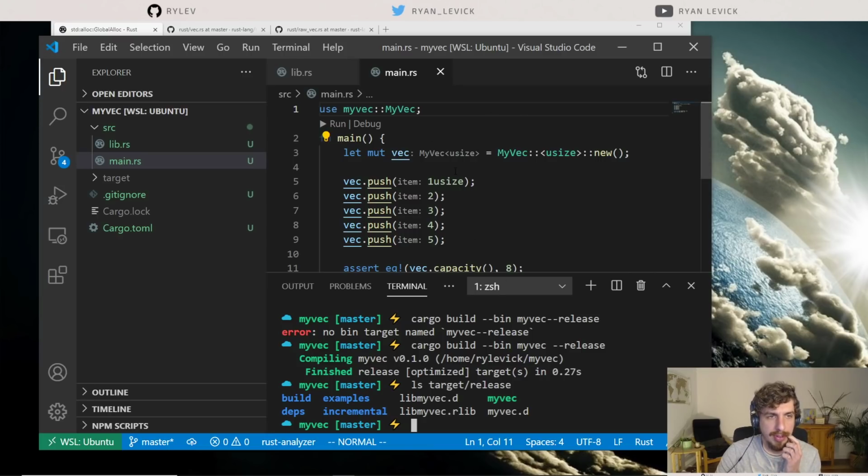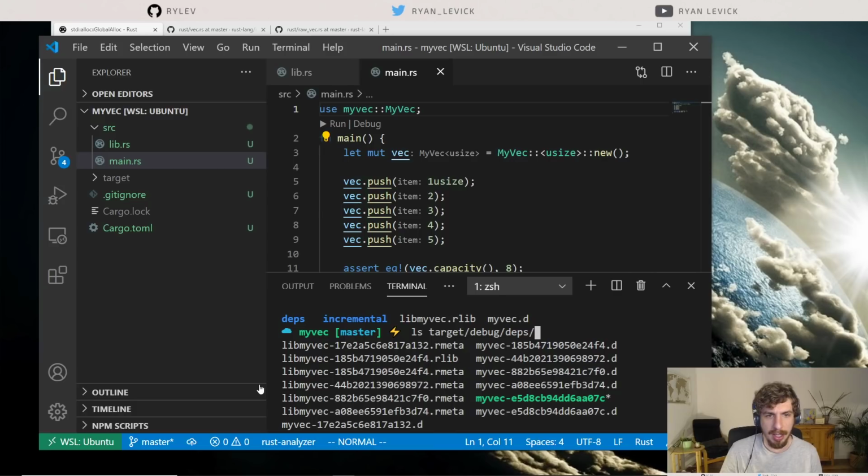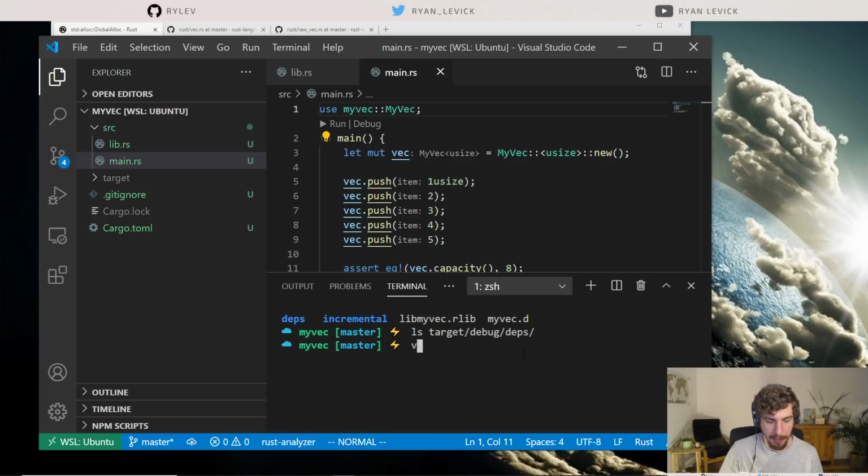That only has this code. Again, we could have used the test code. I think that's inside of deps, I want to say. So target, let's look at debug real quick. Debug deps. This right here is the binary for our tests, but it also includes the test runner and all of the code that gets bundled in when you actually run tests that prints out test pass and stuff like that. And that's a lot of extra noise. So we just got a plain binary now that we can work with, and we can call Valgrind